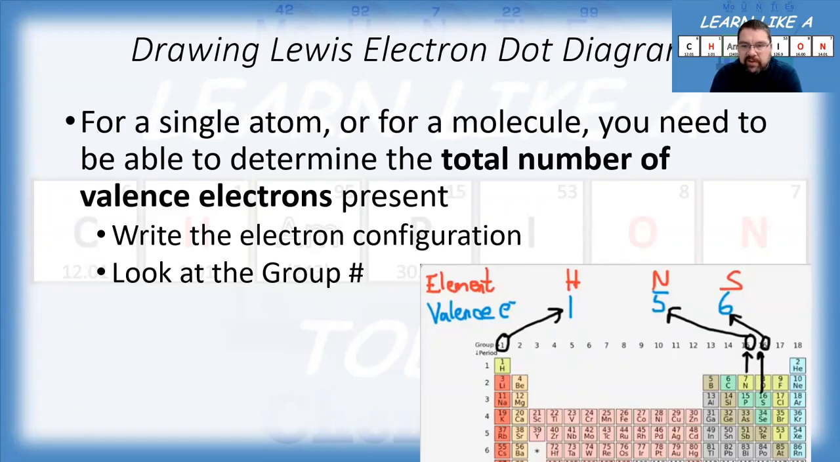So group 1 elements, your alkali metals, hydrogen, they're going to have 1 valence electron. If you looked at your halogens, group 17, they would have 7 valence electrons. And the 2 other examples you see here, nitrogen and sulfur. Nitrogen is in group 15, and it's got 5 valence electrons. Sulfur is in group 16, and it has 6 valence electrons. So that's kind of a quick way to get that number